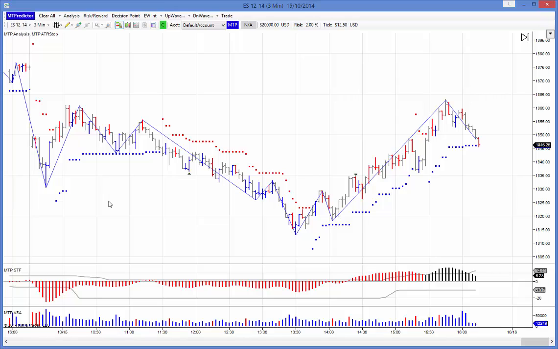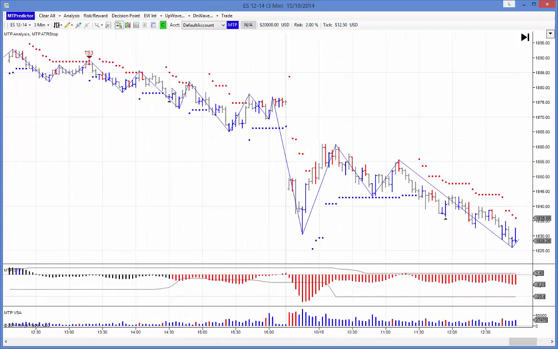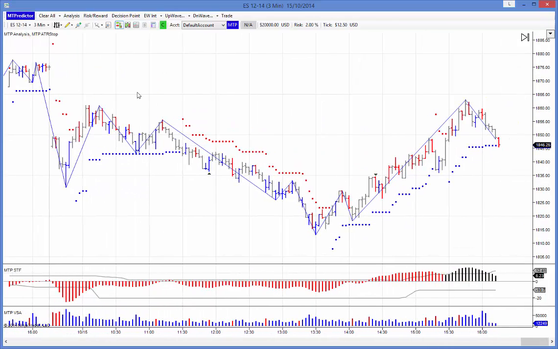A great example is on the ES yesterday. You can see here the pattern. Well, it's really difficult to try and uncover any kind of pattern in this particular falling market here. Really choppy, really horrible. However, if we look at yesterday from this reasonably significant high here, there was a big